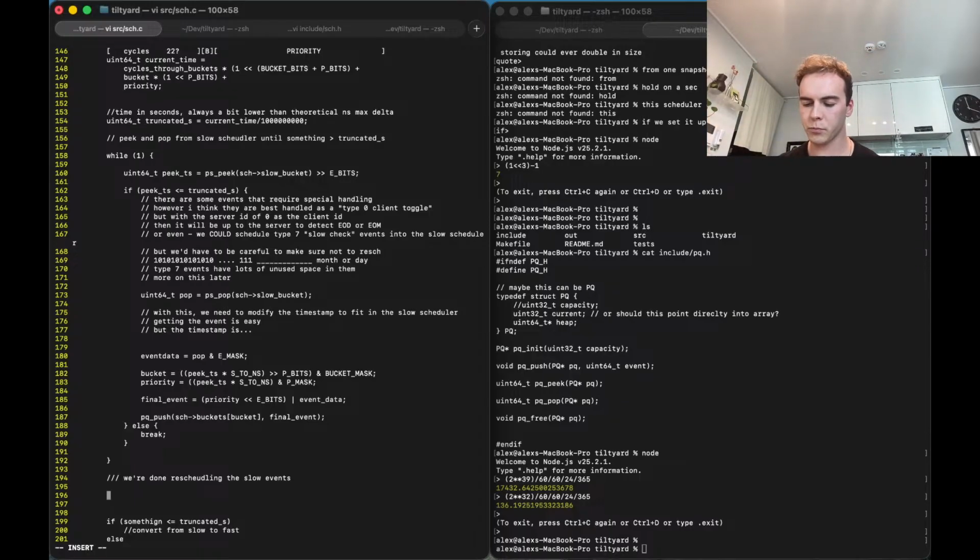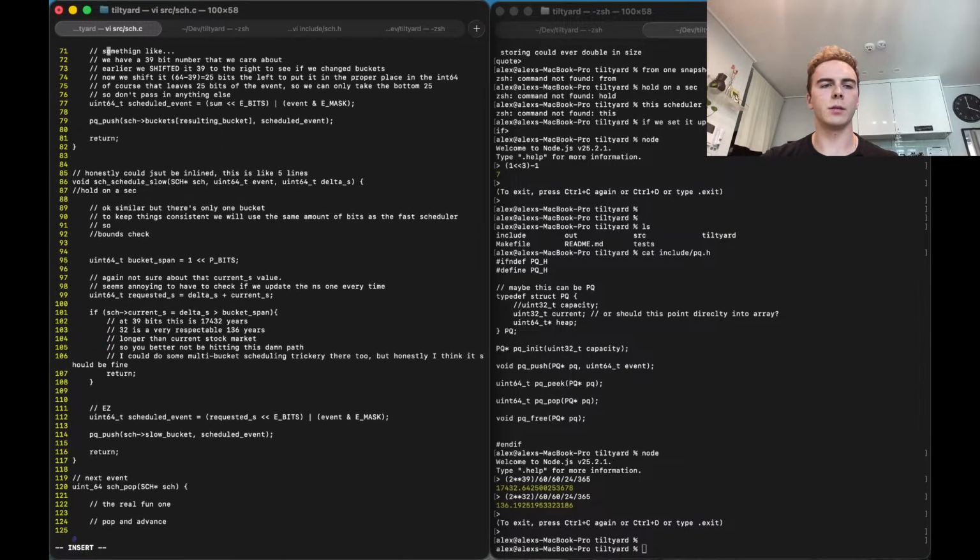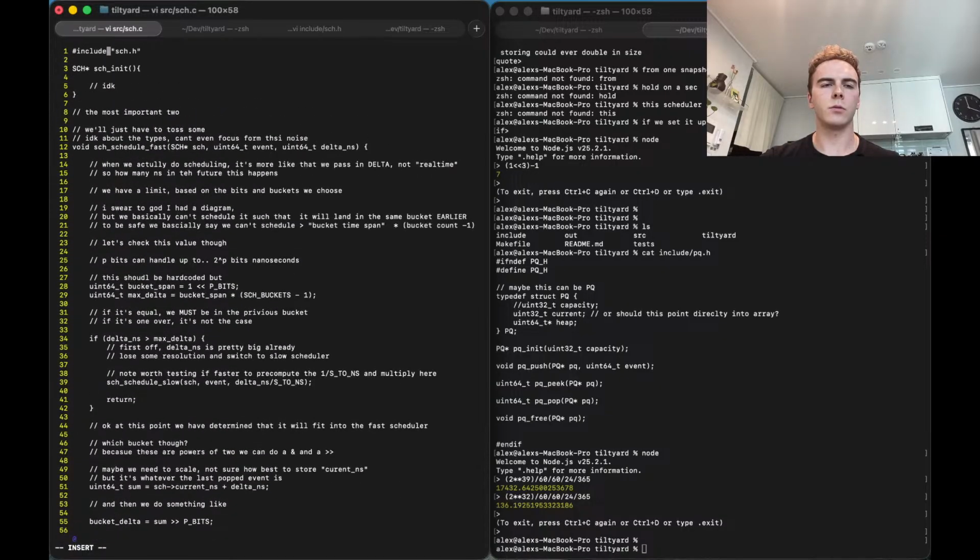So to reschedule the slow checker, it might be as easy as just calling this method, because it already has a lot of the work to take care of buckets and everything. So we do schedule, we have event and we have delta. Delta nanoseconds is going to be the max time that we can